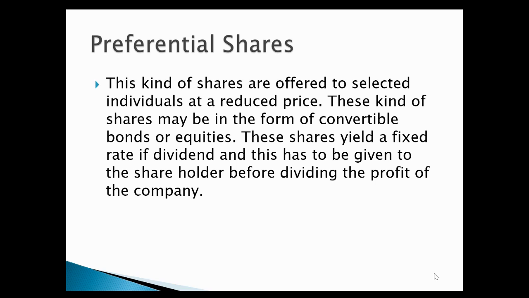Okay, so when an FPO is being launched, which is only the secondary stage of IPO, first shares go to the rightful owners of the company. The first set of shares has to be put before the board of directors. Now they can take the shares if they want, or they can just refuse. Okay, so the only condition is that when an FPO is created, the first set of shares has to be put before the board of directors, and they can decide if they want or not. So that is known as a rights issue. The rightful owners or the shareholders should be given the first right. They can buy it, or choose not to buy it. The only thing is they should be given the